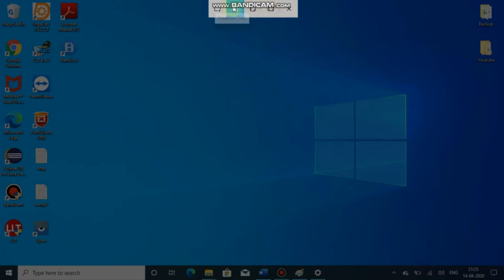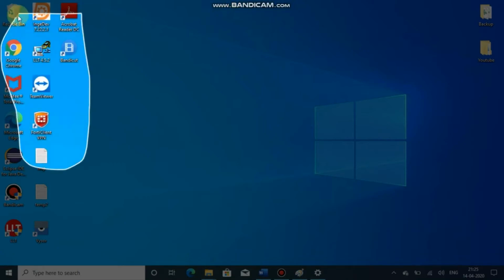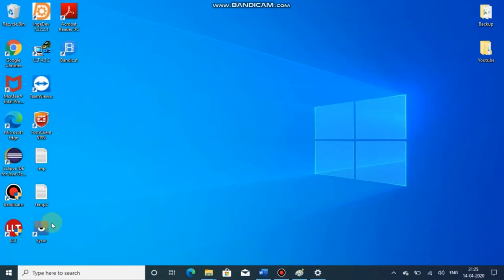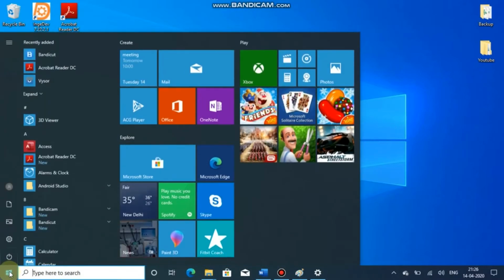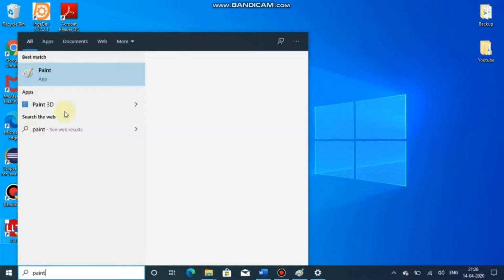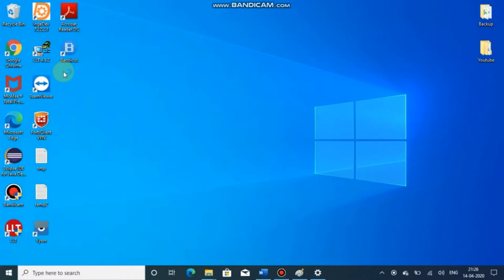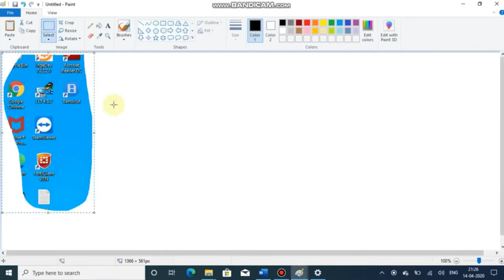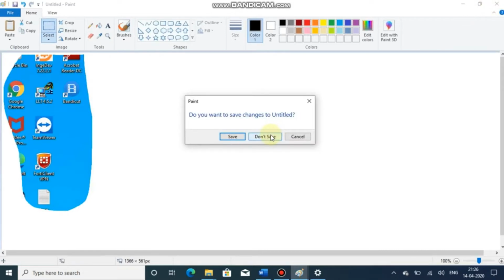I'll take freeform. You can select how much you want. Then you can paste it in Paint and save that image. So this is one additional feature.